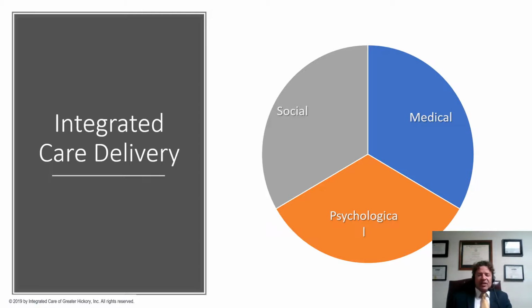But similarly, you want to be able to look at the social influences of the disease and allow for social inputs in treatment planning. So that might be, for the diabetic patient, the ability to pay for the medication, properly use the medication, an ADA diet, being able to get transportation to the right grocery store that might have appropriate, healthy foods. And then even psychologically,